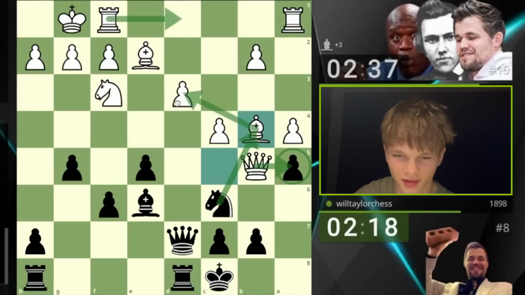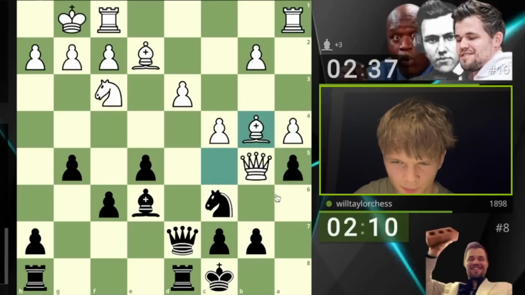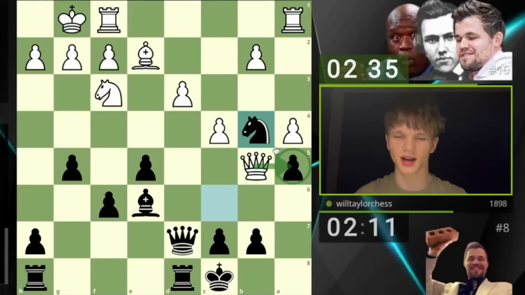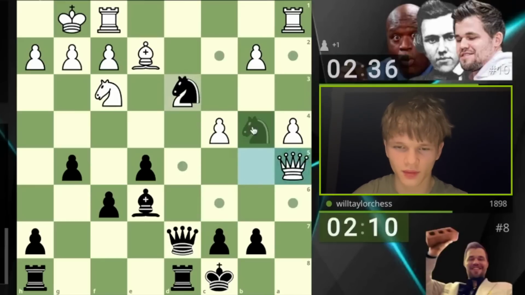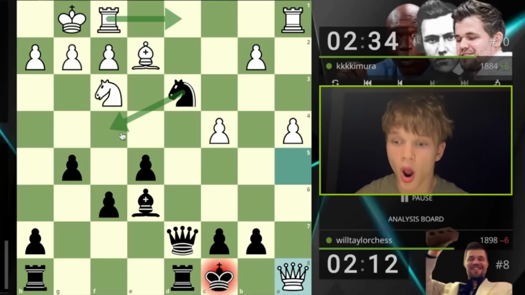Not good. Oh, it's really not good. I knew there was something wrong with this. And if I take here, then this pawn starts moving. We're going to just send it with this, though. This hangs. Literally don't care. We're going to take this, allow a pin, and then maybe just...